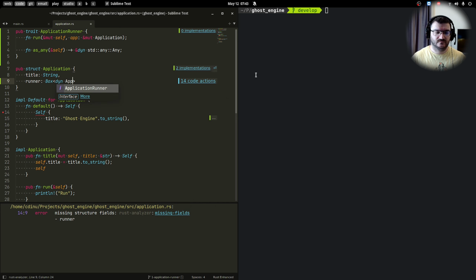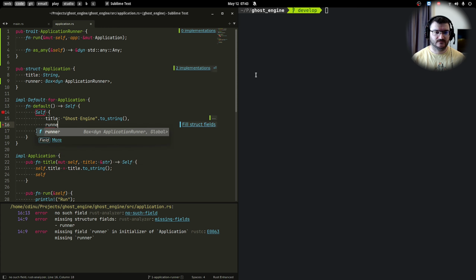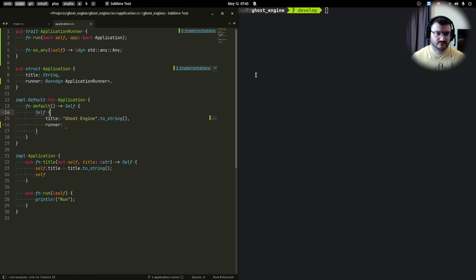So this is an application runner, all good and dandy, and we need to create an application runner for our application when we create an instance of our application. So for this one, we have two choices here. A choice is to actually have an optional boxed application runner,